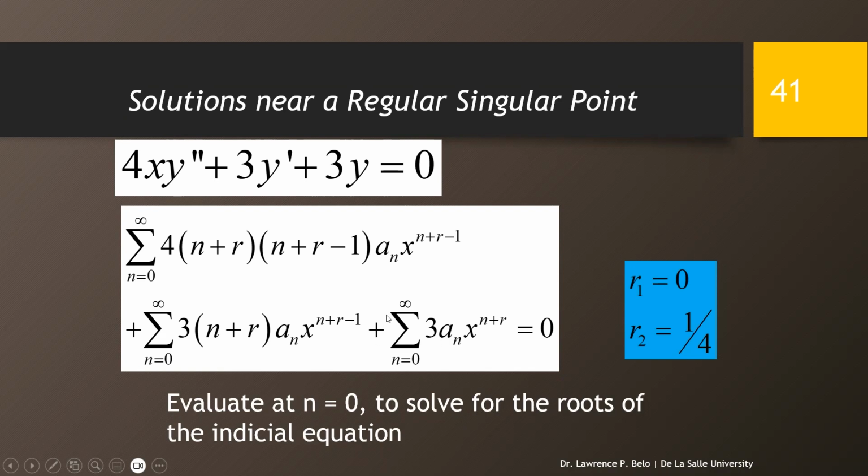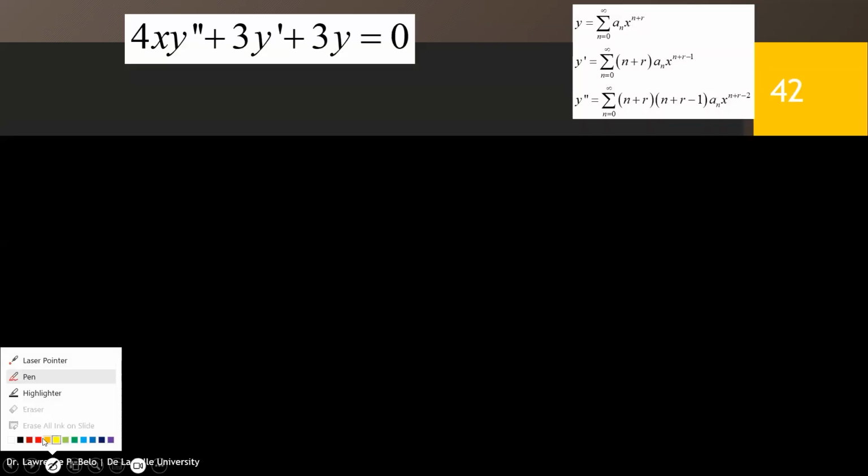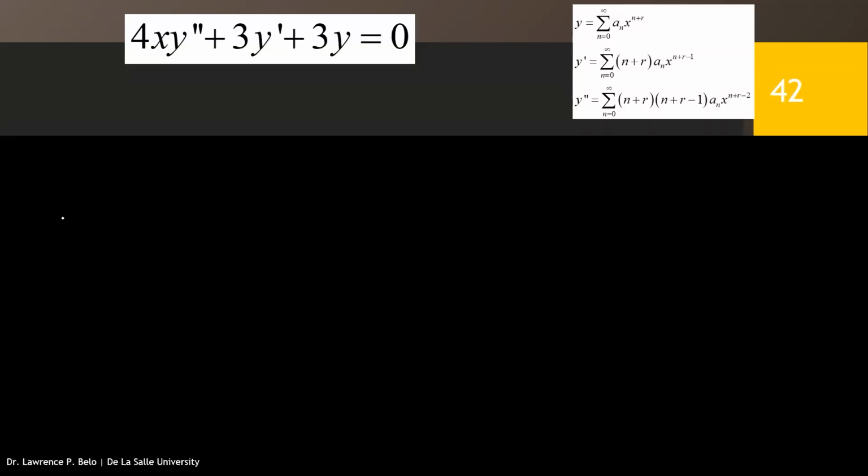And then the r that you are able to solve for will be the roots of your initial equation. Okay? r equals 0 and r equals 1/4. So let's try solving. I'll show you how to solve. Using the top right as your guide,